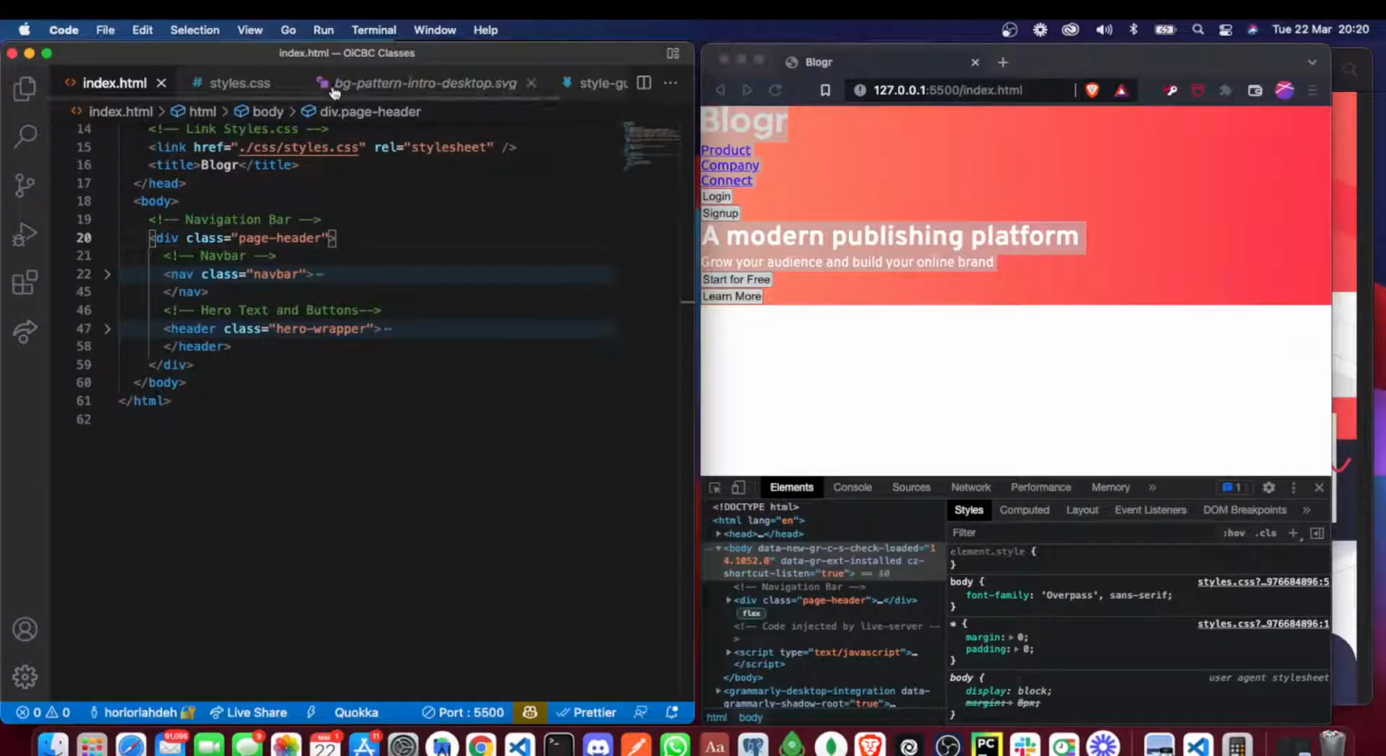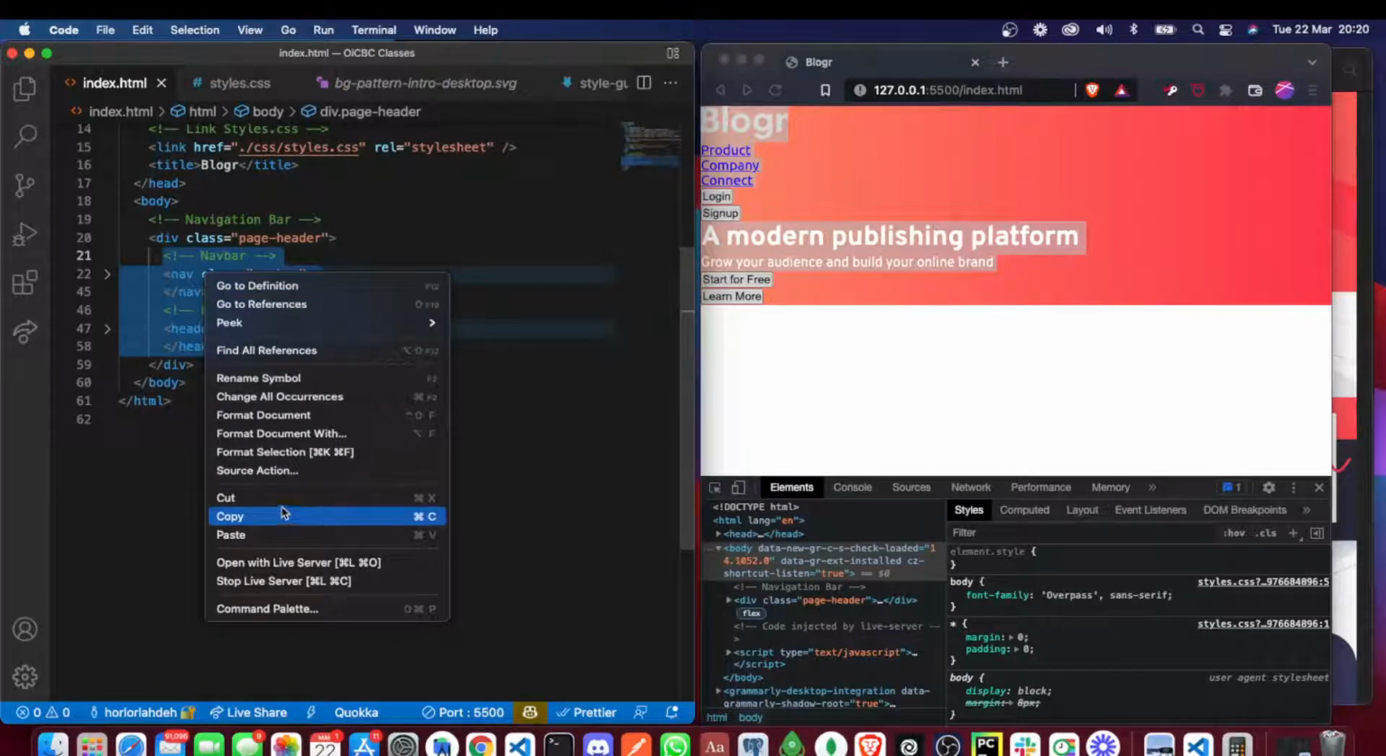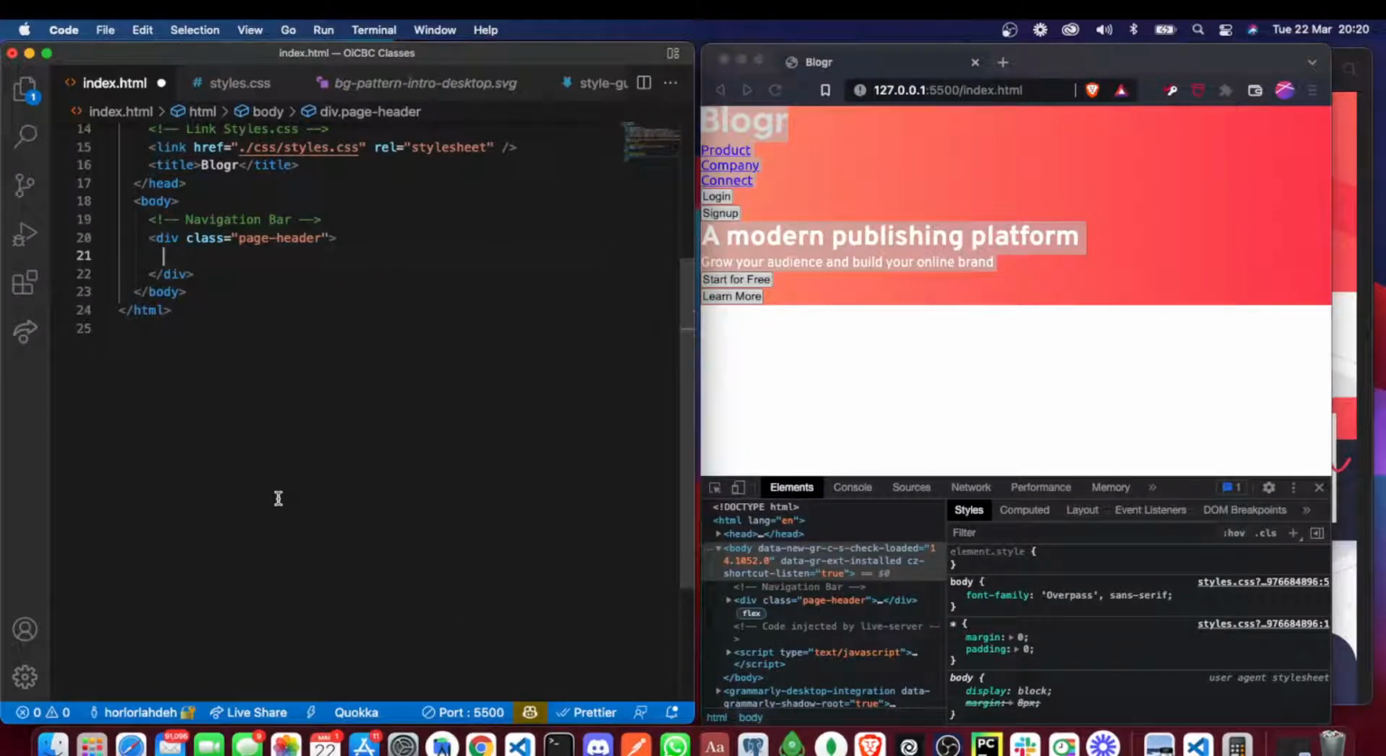So now the way we can solve that problem is by creating another element that will be equal in width and height to this page header element. And the way we do that is let's just cut this out. Right click and cut it out. So we create another one and call it what? Page header pattern,